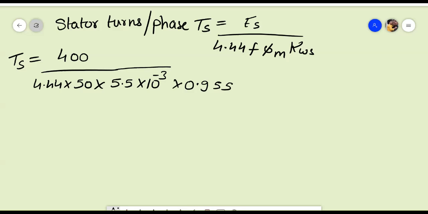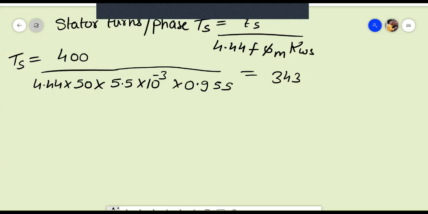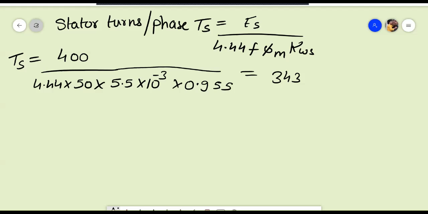Okay, so solving this, you can get the value around about 343. Okay, so just write it down. Okay, so you have written that,